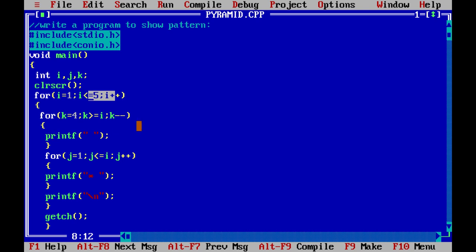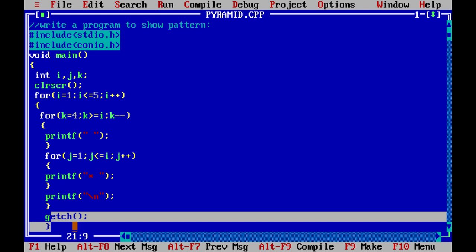In the same way, the number of spaces gets decreased when the number of stars in the J loop gets increased. In that sense, our pyramid is going to be formed. And at the last, when all the conditions are satisfied, when the I value becomes 6, this condition becomes unsatisfied, and our program comes to an end at getch and at the right closing curly brace